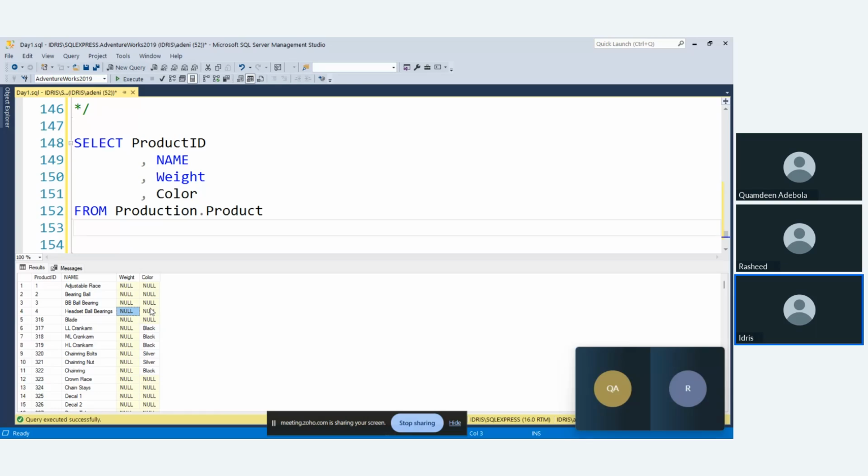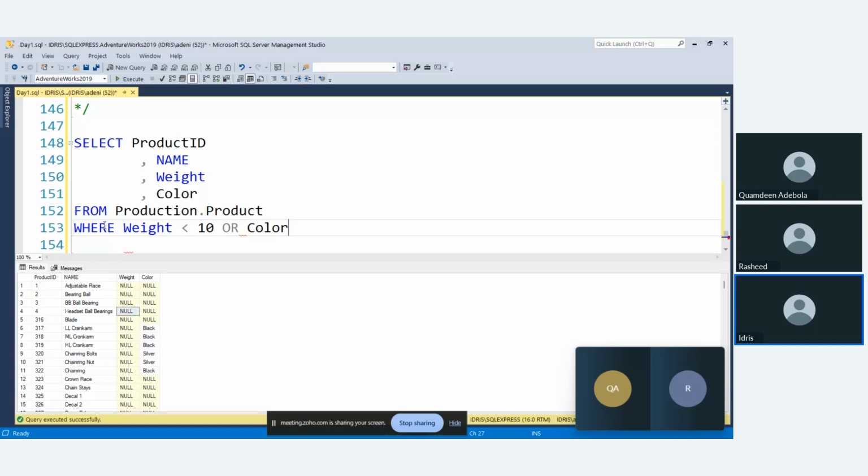Or whose color is not null. So let's do that. If I would say where weight less than 10 or color